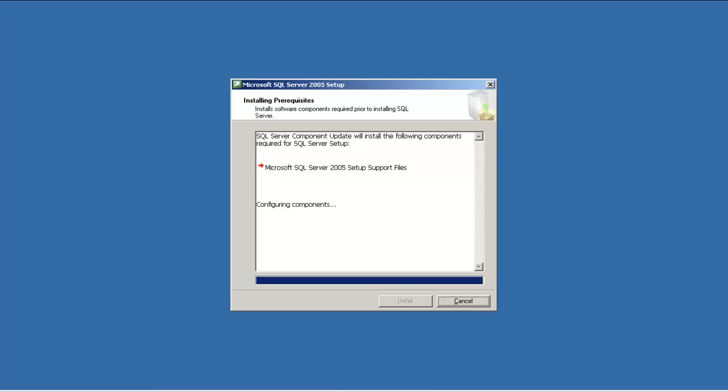As you can see, it is configuring the components, and sooner or later it will ask for the installation. It is trying to detect whatever configured components are there. In this case it will find all of them. It says the required components are installed successfully. Let's move to the next, because it did not install them; they were there already, since they were installed when we installed the first instance of SQL Server 2005. Now let's see what it is going to ask later.